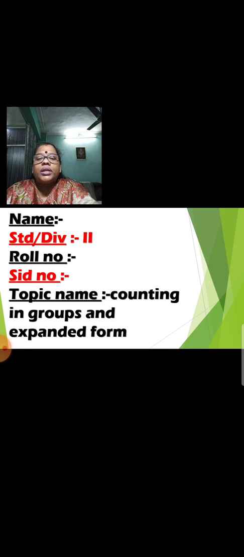Some had not written their name, roll number, anything, so I couldn't make out whose activity it was. This time please be clear. On the paper, please write the name, standard division, roll number, SID number, and the name of the topic, that is counting in groups and expanded form. I think this much you are all clear.